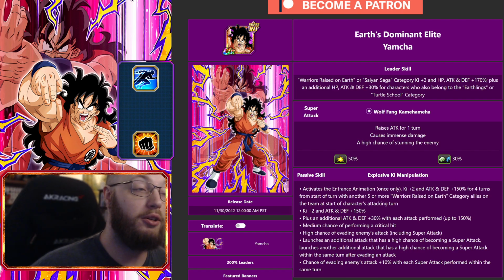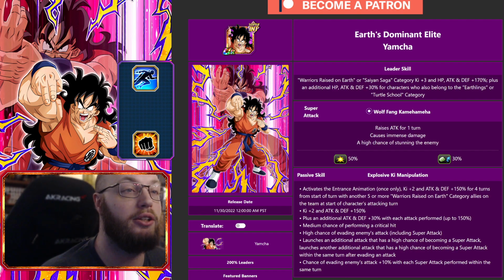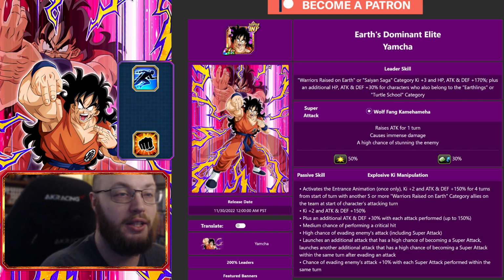Yo dudes, it's Dokkan time, and we're gonna do a quick how-to build for Intelligence Yamcha, another requested build by Milio. Appreciate you, Milio. So, just straightforward, his build is straight up either dodge or maybe crit or additional, but